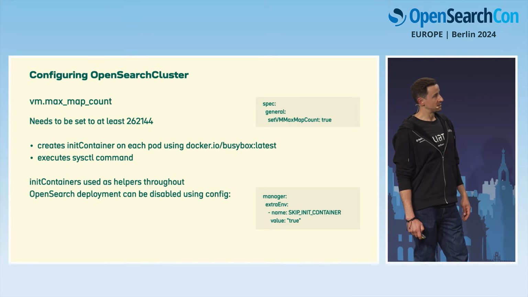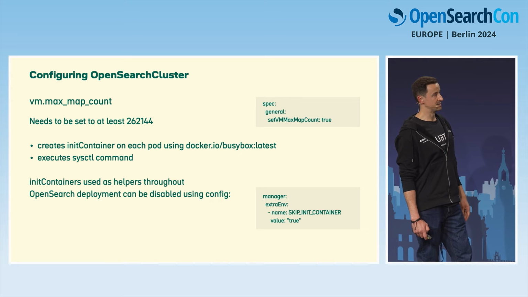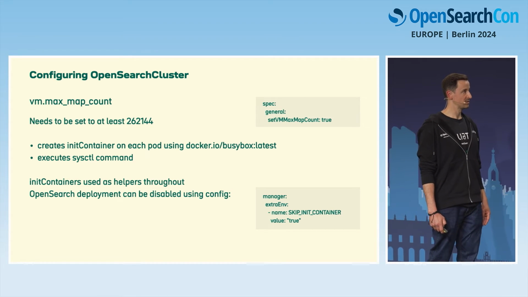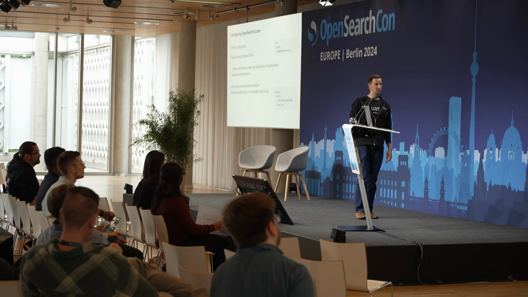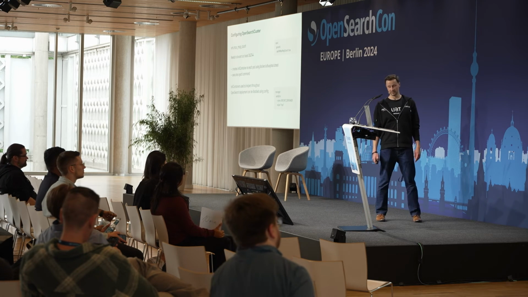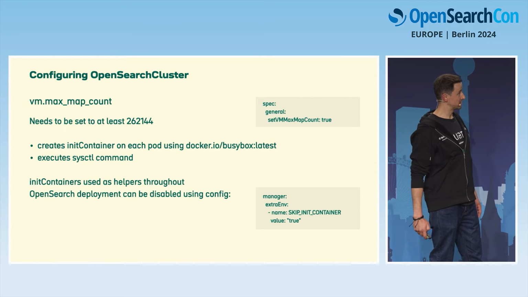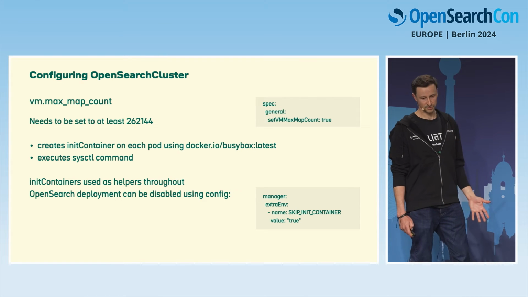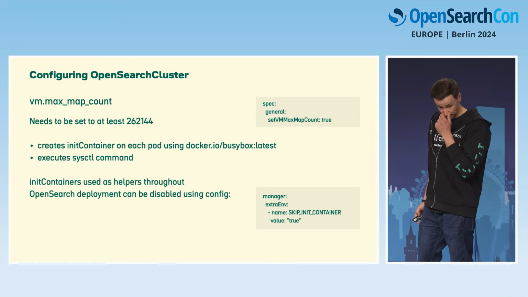Max map count. I think anybody who's ever worked with OpenSearch has come across this error at least at one point in their life. So OpenSearch needs the max map count to be at least 262,000. Of course, you can manually go into each node and run the sysctl command, but you can save yourself the trouble and set the VM max map count to true. Now, that's all great,